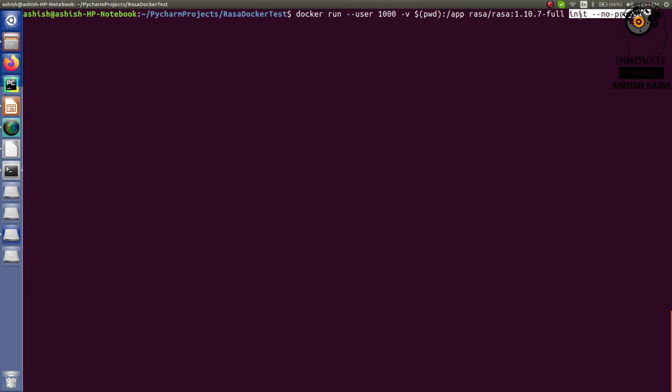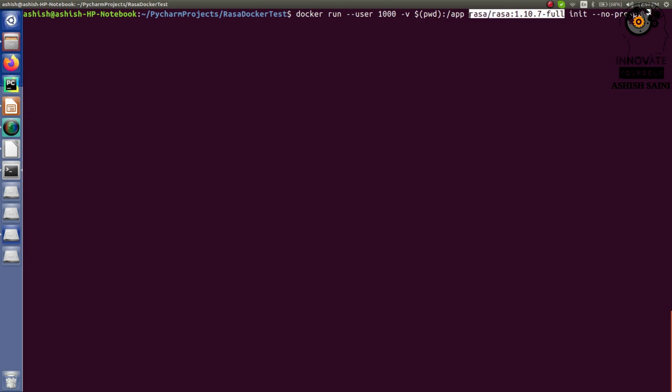Your Docker will create a very initial project for you. Firstly, it will find whether this repository and tag is in your Docker images or not. If it is already there, it will directly use it. Otherwise it will check the Docker Hub, pull it, and then run your command. So this is what we are doing right now. But in my case I already have this image, so it will definitely not download it, and it will directly pick it.